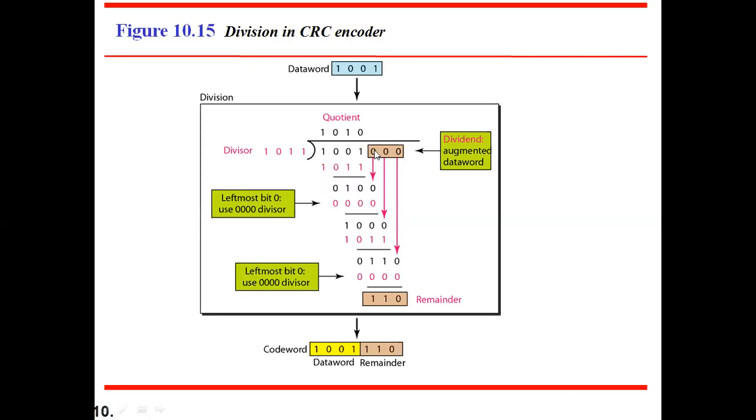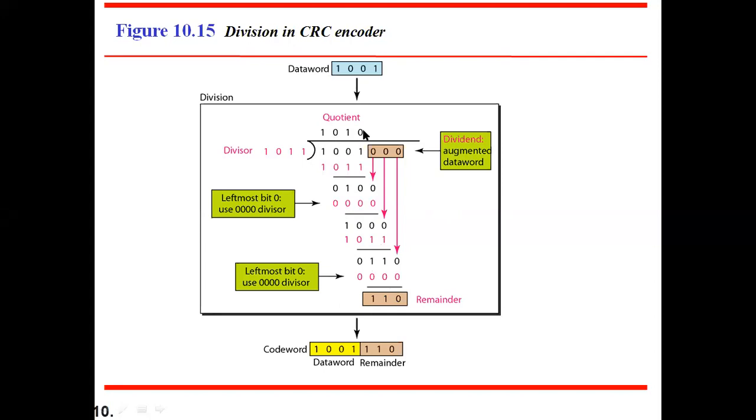Then take 10. Now as usual, your normal division operation: take the 0 down, and then again it will become a 4 bit, and this time the first bit is going to be 0. So 1011, zeros, then all zeros will come. Then again perform the XOR operation with 10, then again shift it right, then take one more 0, and finally we will come up with a remainder, that is 110.